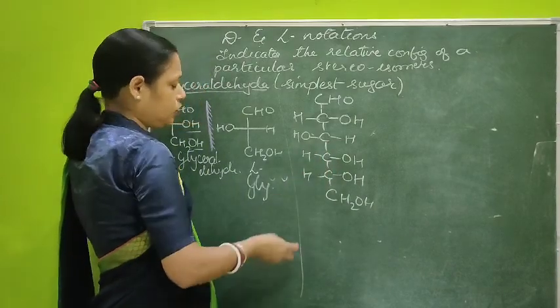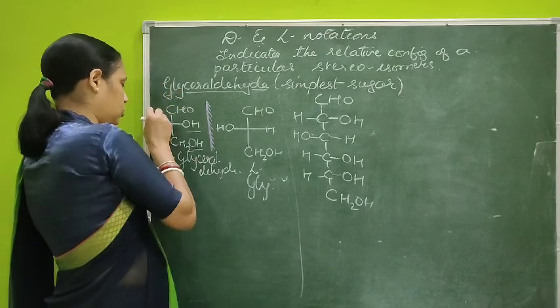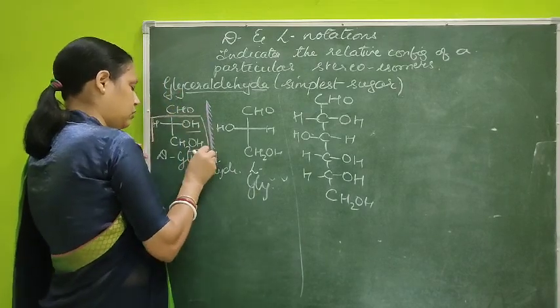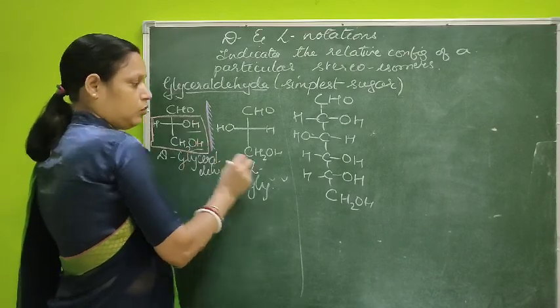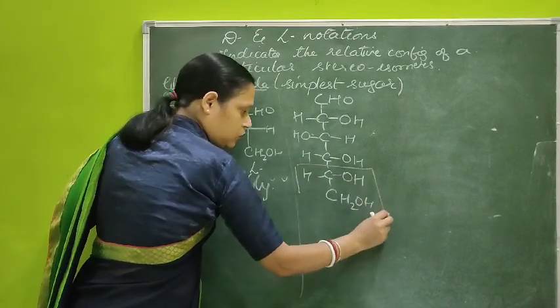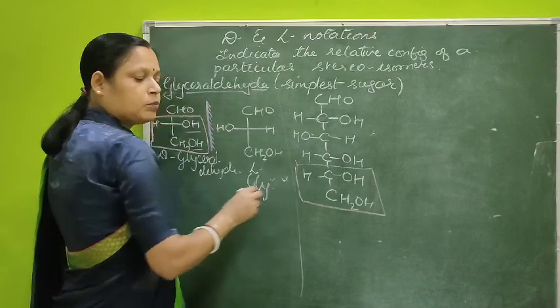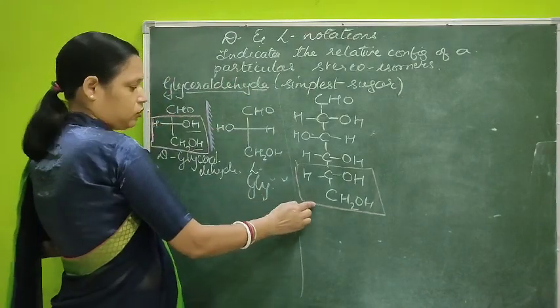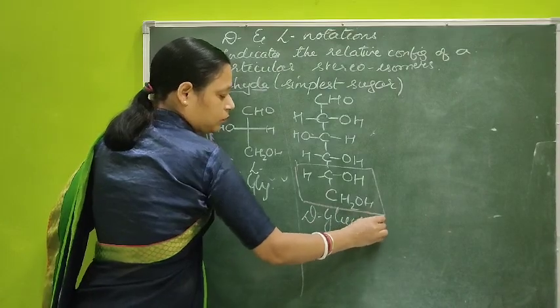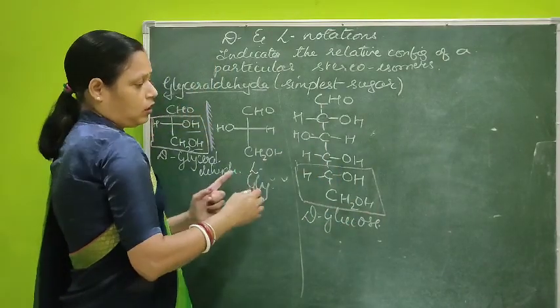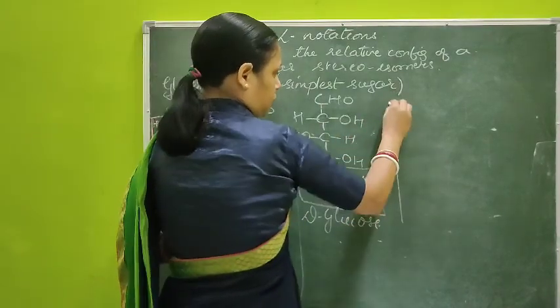What we have to compare? We have to see the lower portion of glyceraldehyde, dextro. We'll see here both the alcohol groups are on the same side. So this will be compared to the lower part of the glucose. So this is also a dextro structure. So this is your dextroglucose. If I draw the mirror image of this one,